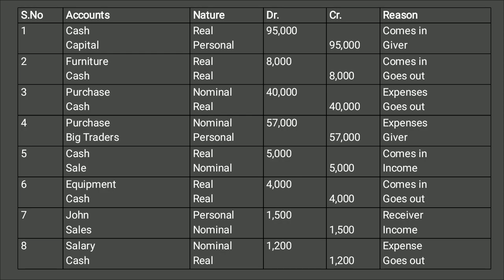The next we have salary. Okay, what is salary? Salary, that is a kind of expense. Expenses come under the nominal account, and the rule for that is debit all the expenses. Okay, that's why we have debited our salary. And cash, that comes under the real, and the rule for real is debit what comes in, credit what goes out. And when you pay salary, your cash will decrease in the business, so that's why we have to credit it. So it was overall.